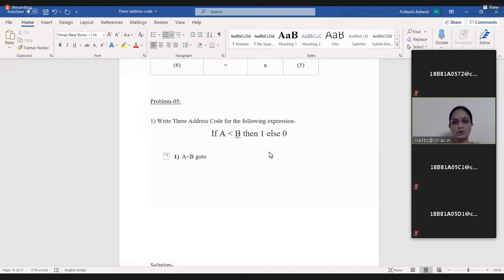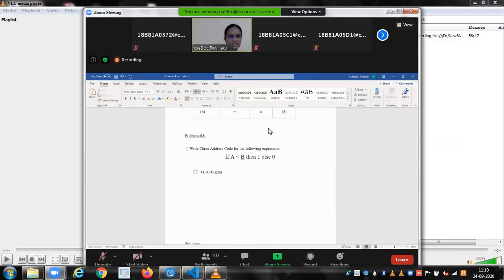So here I am going to use labels, jump statements or go to statements, so that if the condition is true, some set of statements is executed, and if the condition is false, some other set of statements is executed. So we cannot take the statements in a sequential manner. As it is a conditional statement, we cannot execute all the statements sequentially. Here it has to take a conditional jump, so I will be using go to some label.